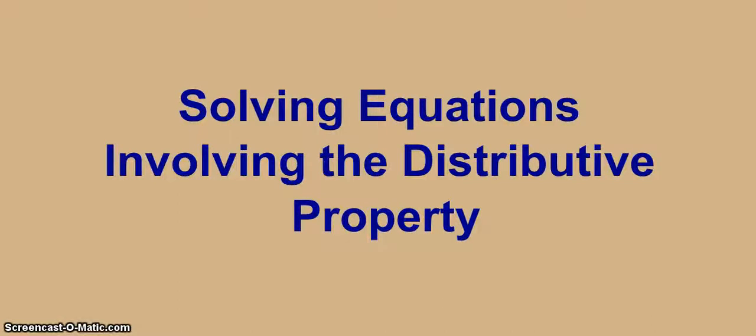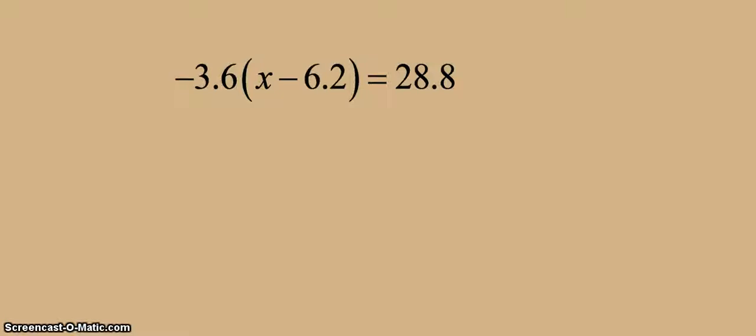In this video, you will learn how to solve equations involving the distributive property. In this example, we need to solve for the variable x. Our first step is to distribute negative 3.6 among every term inside the brackets. So negative 3.6 times x is negative 3.6x. Negative 3.6 times negative 6.2 is positive